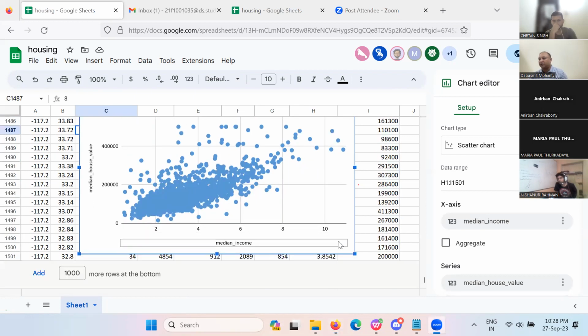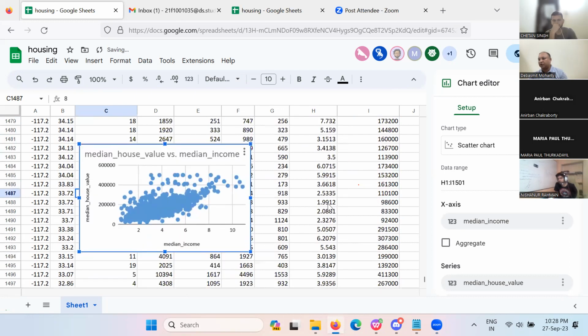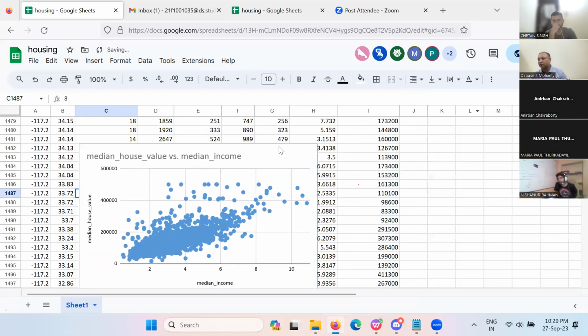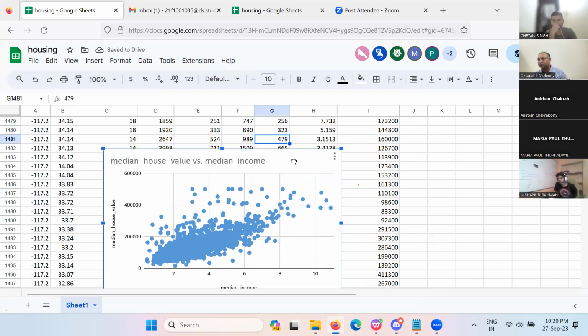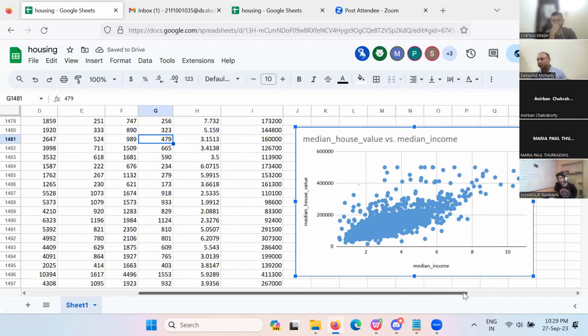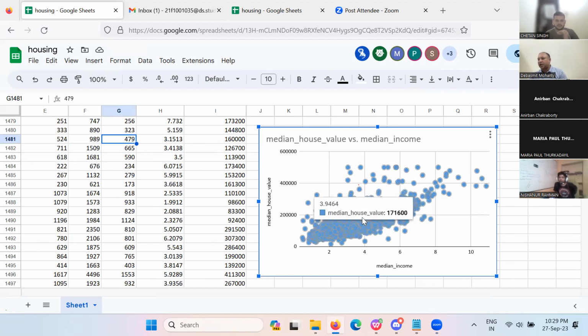So you can see here, what do you see here? Do you see a pattern here? Yes, no? Yes. Do you see that as the income increases, house price also increases? Right. And there's a trick also in scatter plot, if you right click here,